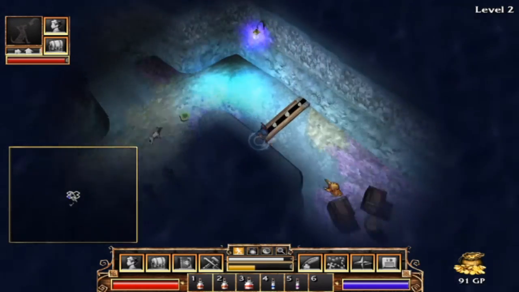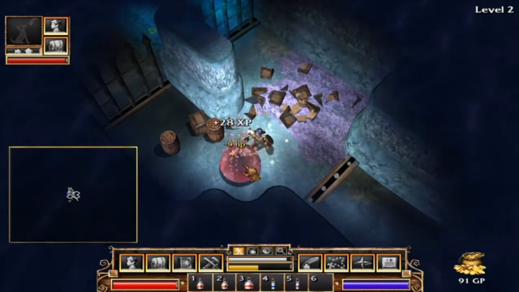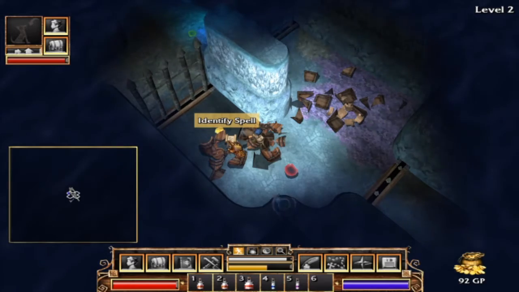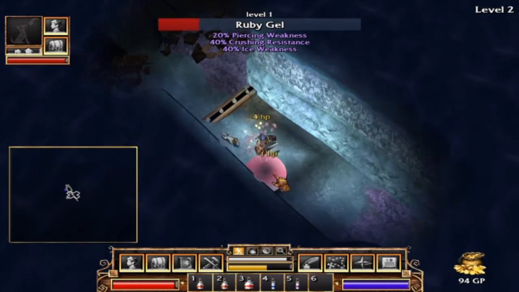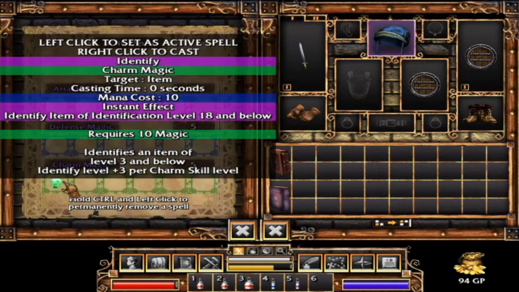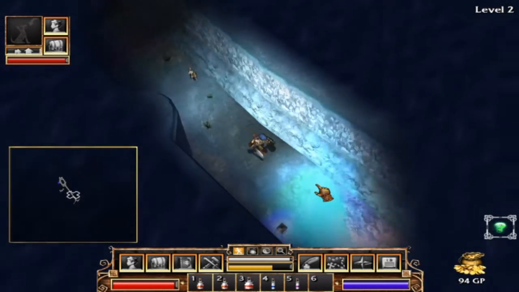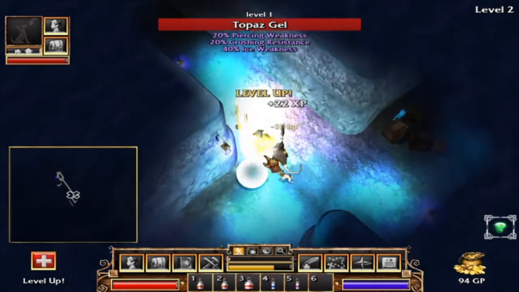Now, these noxious gels are the first enemy that can really poison you. Second, I find a spell for identifying. There is still a use for having some kind of identification,